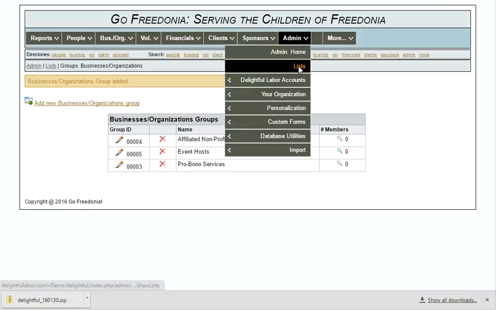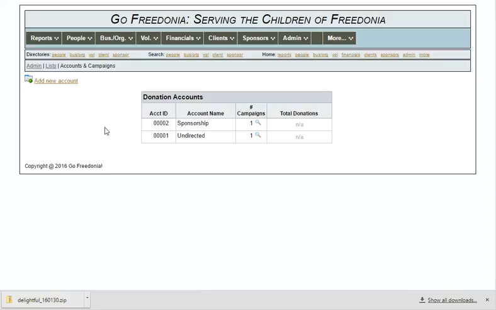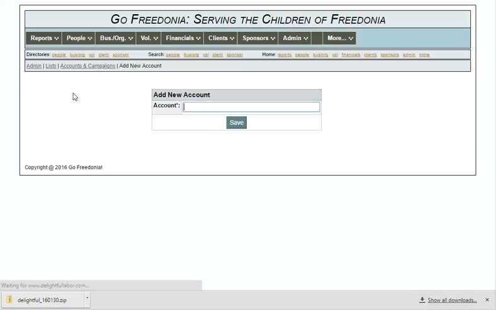So again, we go back to lists, and we go to accounts and campaigns. Initially there's a couple of default accounts, one for sponsorships, and one is the default one for undirected donations. But let's set ours up. So we'll add a new account for quarterly newsletters,